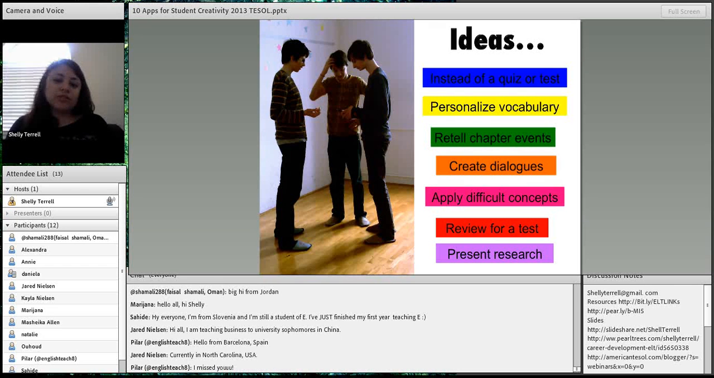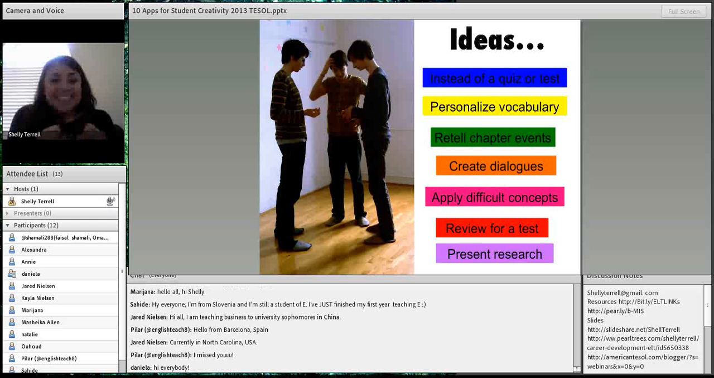Now, when I'm talking about the different apps, how do you use apps in class? A lot of teachers ask me that. Well, here are ideas about the ones I'm going to show you. I'm going to tell you classroom ideas with them as well and show you the very cool things that they do so you can play with them and get excited about them. But you can use them instead of a quiz or a test. A lot of these apps, because they're hands-on and your students create,